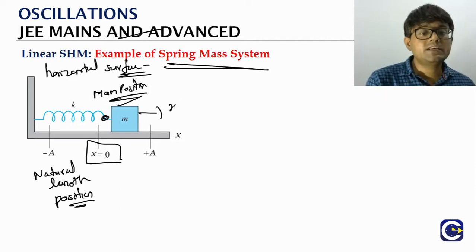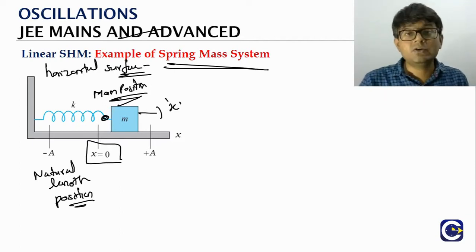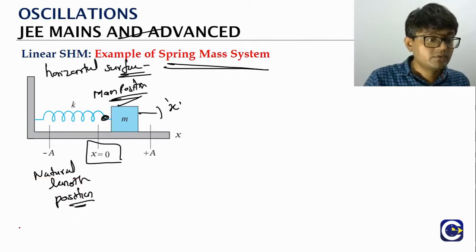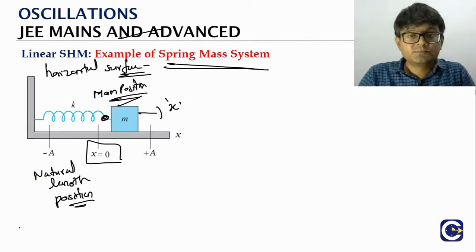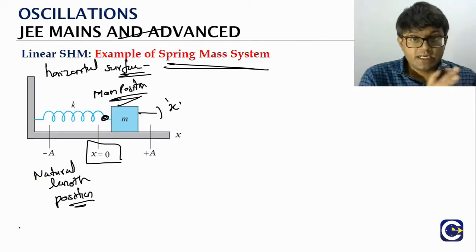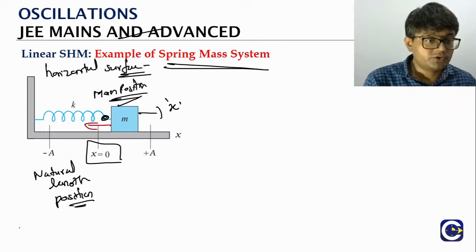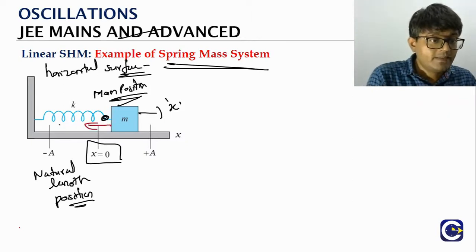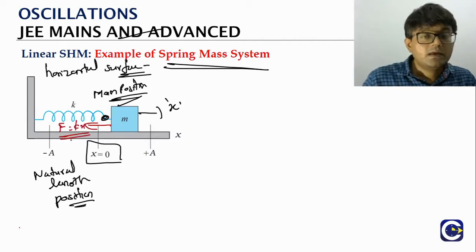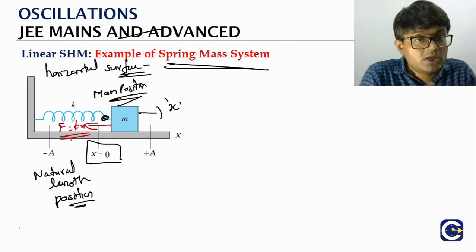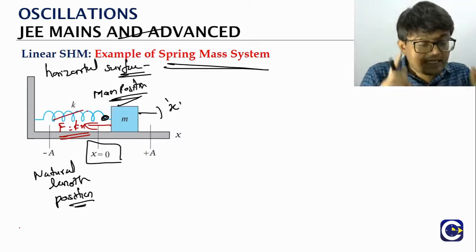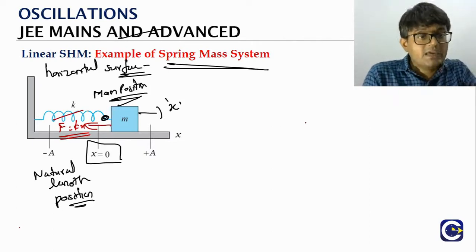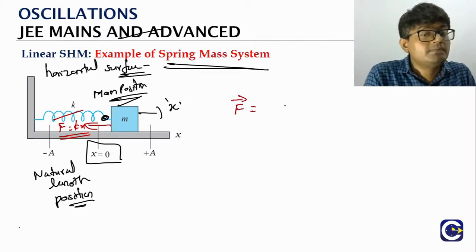Say we give it a displacement x to the right side. Then remember, in Newton's laws we talked about how the spring is going to behave. We are moving the mass to the right side, so it is like we are elongating the spring. The spring will have a tendency to go back to the original length. So the restoring force developed in the spring will be directly proportional to the amount of elongation or compression we create. We express that as F = kx. But look here, the direction will be opposite. The k is the spring constant. If you want to express this in terms of vector notation, how will it come?